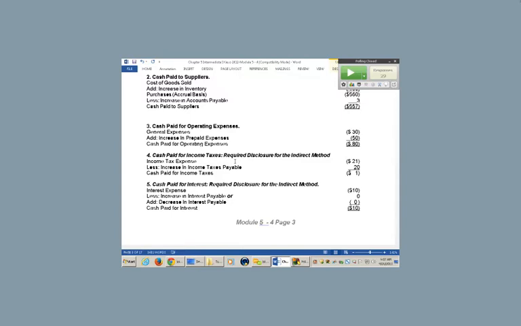Now, the important point here is that whether you're asked for an indirect or a direct cash flow, what if you're really comfortable with indirect? You don't like the direct method, so, oh, great, I'm getting an indirect. You still have a disclosure to worry about. On the indirect method, you have to disclose, and I'll explain why in a minute, cash paid for tax and cash paid for interest. You have to disclose that.